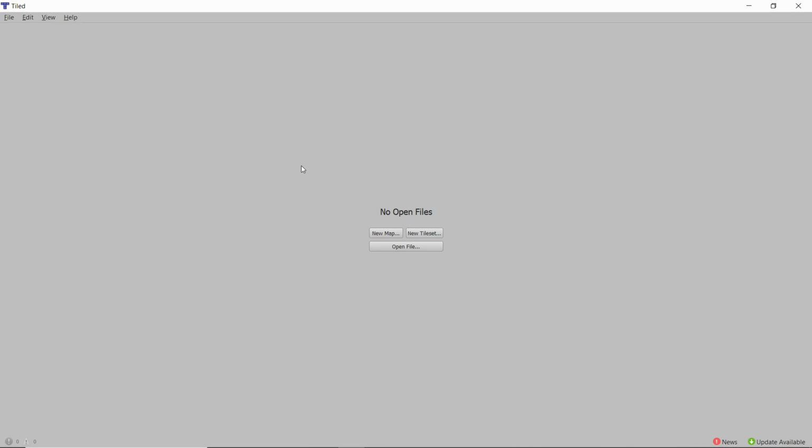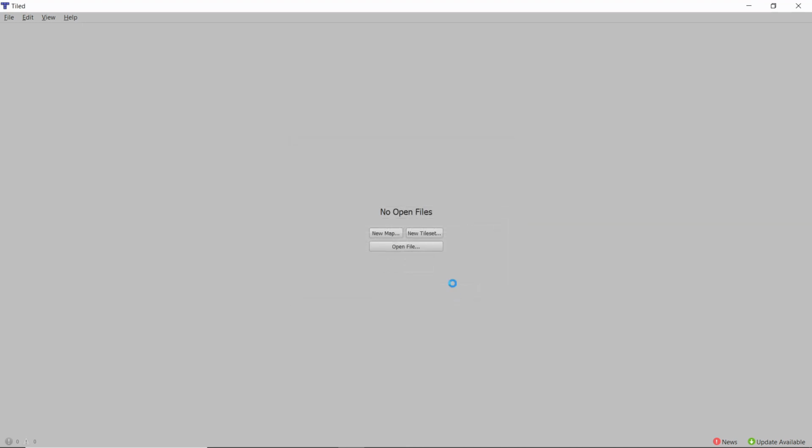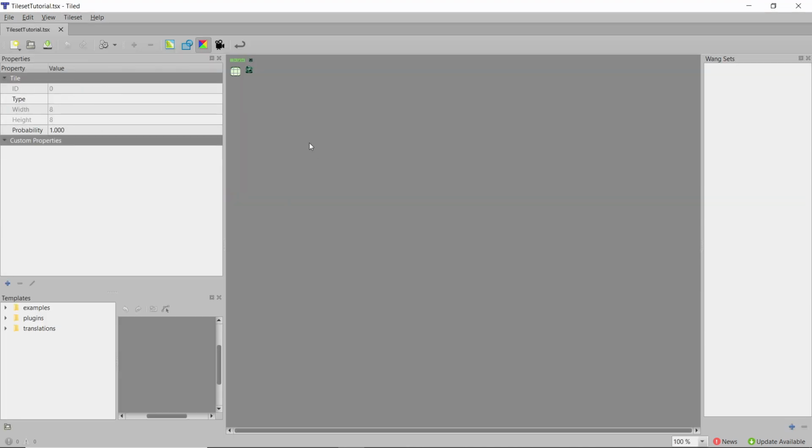So now I've just jumped over to Tiled. What I'm going to do is create a new tileset, and it's going to be based on an image. And I'll find that image, and I've just found it here, so I'm going to call it tileset tutorial. And then we want the tile width to be 8 and the tile height to be 8. That's extremely important. Just like we set it up in GIMP, you want to make sure that Tiled is also using 8x8. So then press save as, you save it into a good place, and then here it opens up,